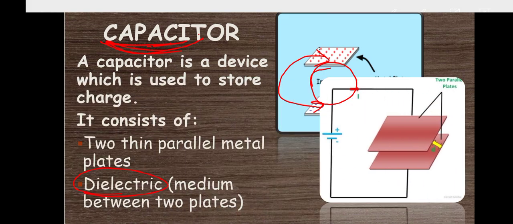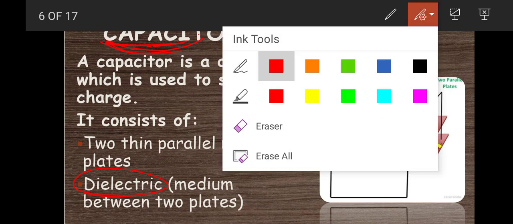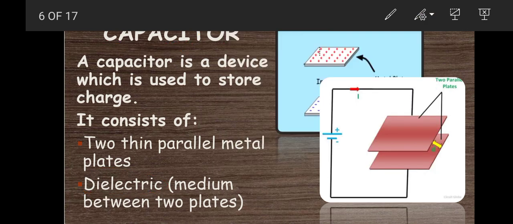Whenever the capacitor is joined in a circuit, here you can see these two metal plates with a dielectric between these two joined with a battery. Now you can see this symbol is used for battery. One positive terminal and the other is negative terminal. You can see the line for positive terminal is bigger than the smaller one, and there is a small gap between these two, and these lines represent the wires which are used to connect the battery with parallel metal plates.